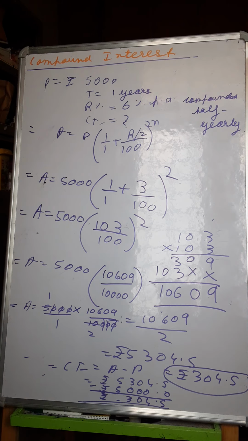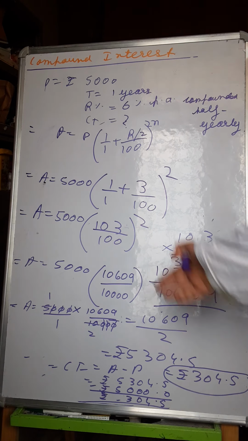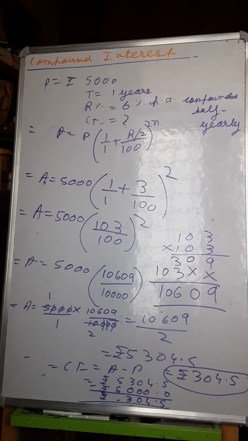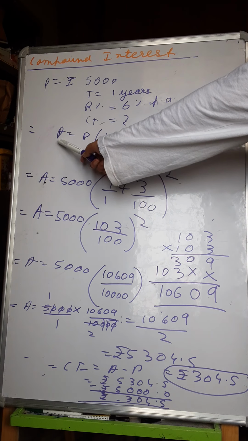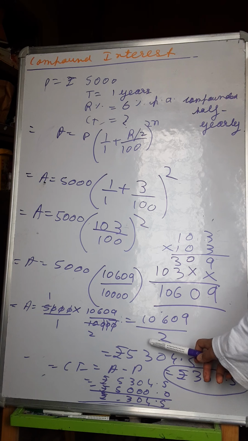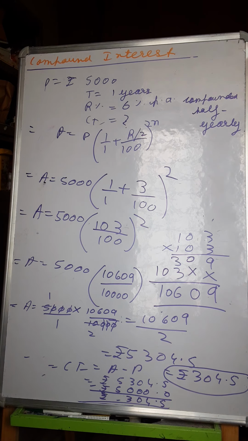Alright, so here is your answer. It is 304.5 rupees. As you can clearly see, after this step we have followed the same thing that we would if it were compounded annually. It's the same thing in the half yearly, annually, and also the quarterly. Quarterly means 1/4, and that also we'll do right now. This is going to be the amount, you are not finding the compound interest yet. Compound interest shall be this minus the principal, that is, the amount minus principal. Then you will get the answer.